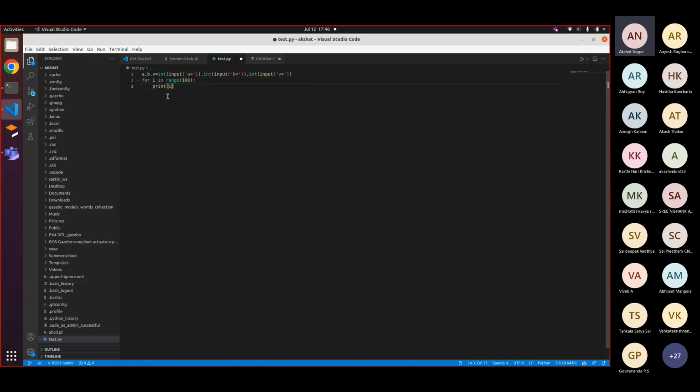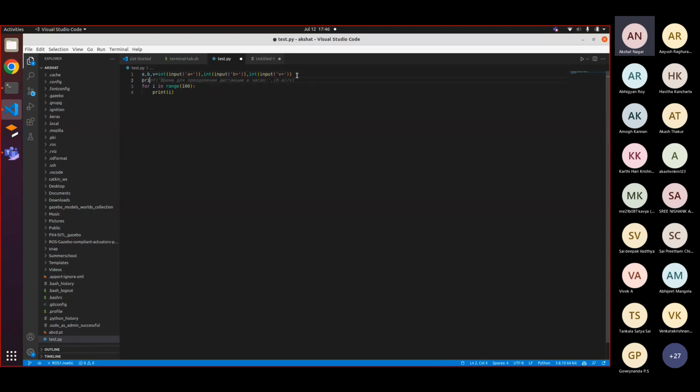This is our iterator, basically the thing that is changing. So you don't have to define it earlier or anything. It will come by itself. It will reinitialize itself. You have to do for I in some condition, and what range 100 is basically just